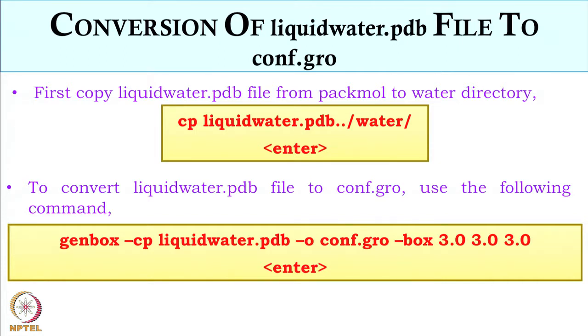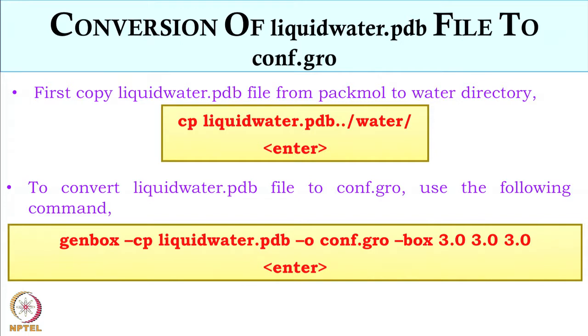So if I don't give it, I have to go back to the GRO file and edit it and give the box length in the last line. Yes, in the last line. But the best is to write the box length here itself. Now it has already gone into nanometers, because it is a GRO file, and in GROMACS the distance unit has to be nanometer.